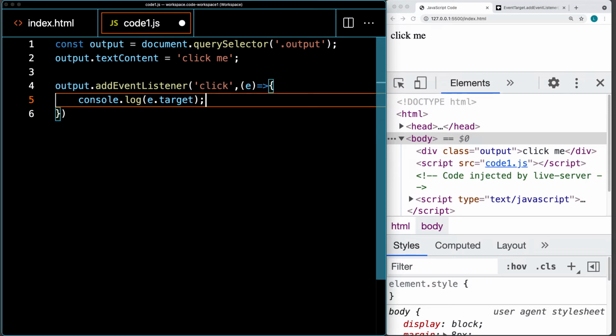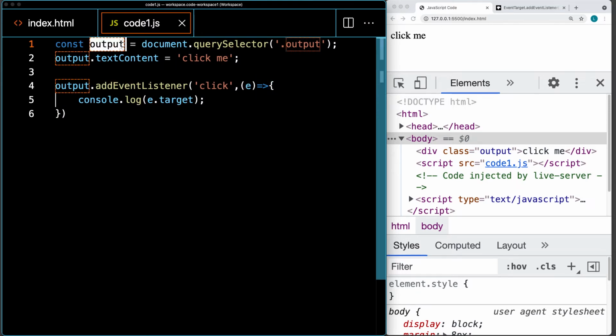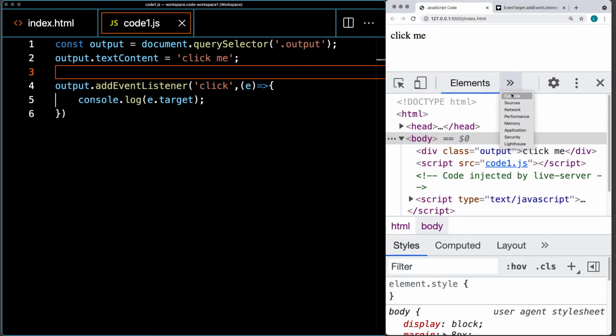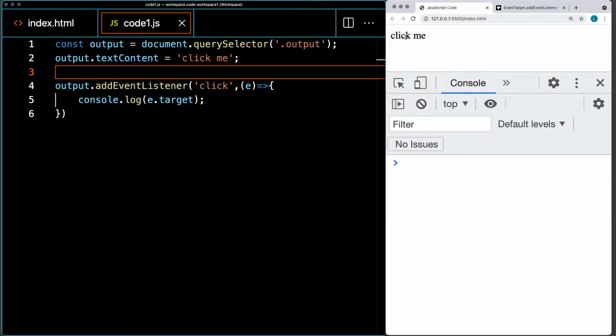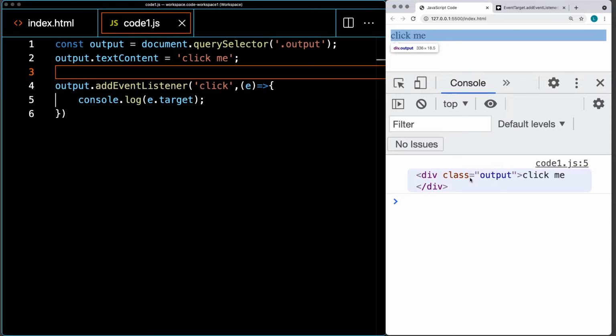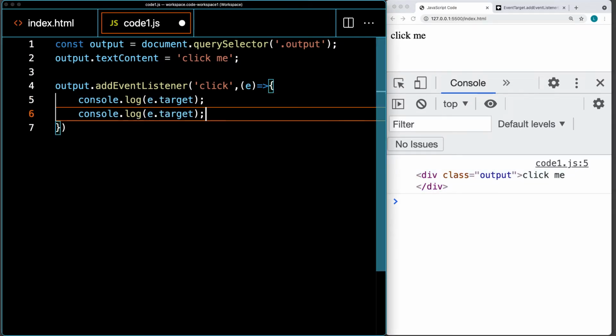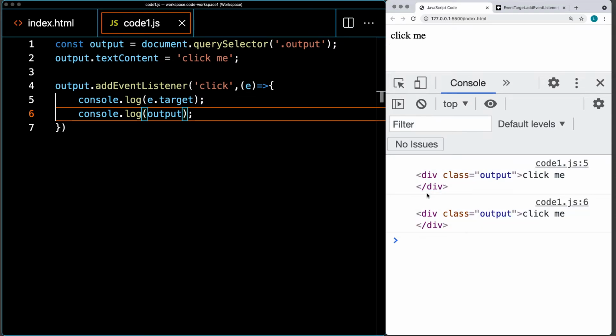So right now we're going to output the event object and the target value from the event object, and the target is going to be the element that triggered the event itself. So it's going to be selecting that output element. So let's go into the console, we'll clear the console, and then we'll click the button, and we see whenever we get it clicked, it's going to be referenced to the event target, which is also the output element, and it's going to output that into the page. So this is going to be the same if we make a selection, and if we select the output element and we click it, it's still going to be referencing